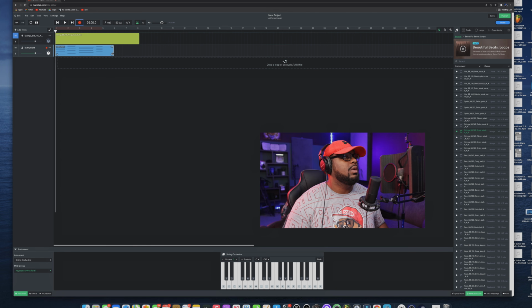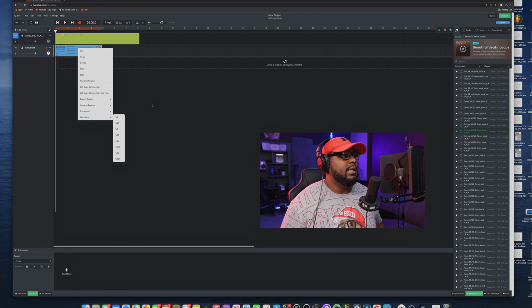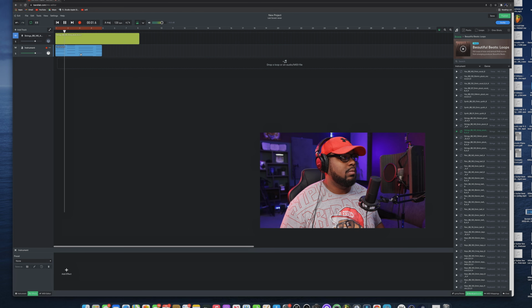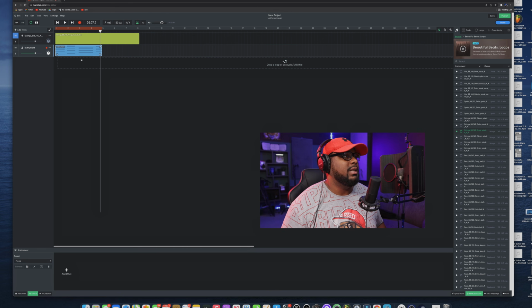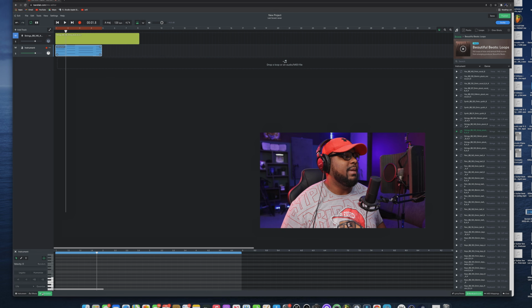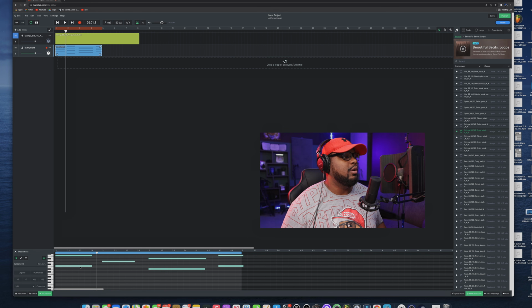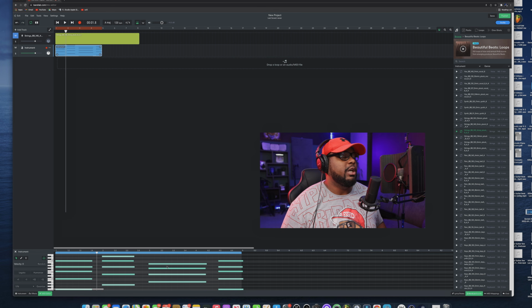Okay, so boom. So I have that. I can turn on cycle by clicking this. So what you would do is after playing it, you will right click it and go ahead and change it, quantize it to whatever you want. And then if you want to see the MIDI editor for the tracks, you just go ahead and click it